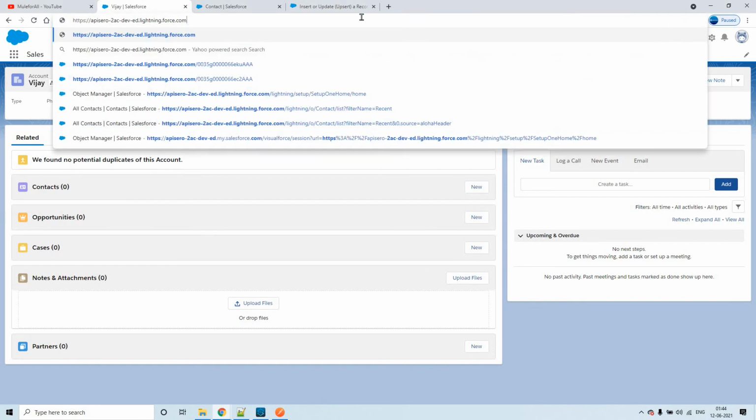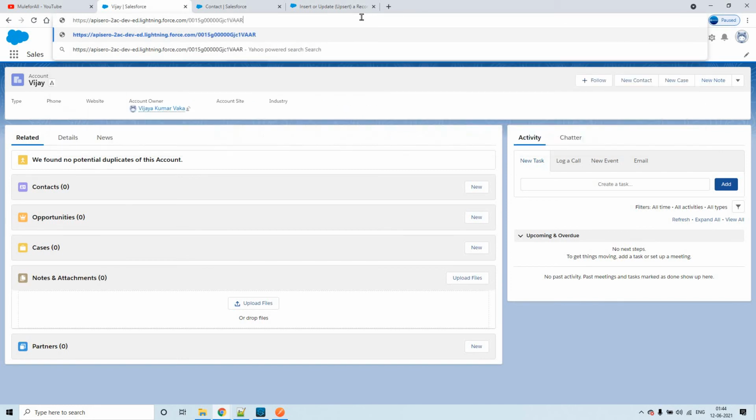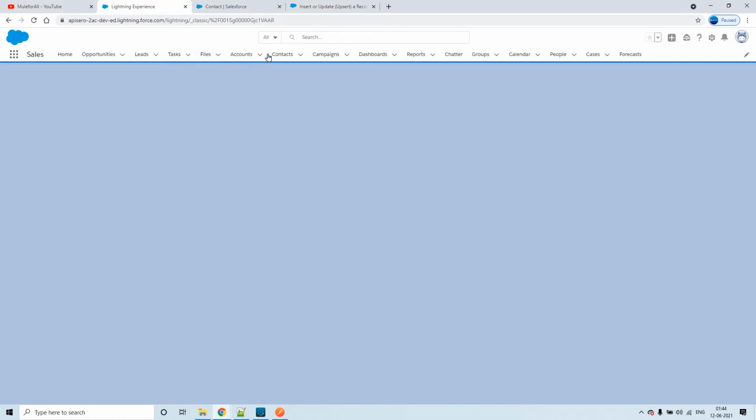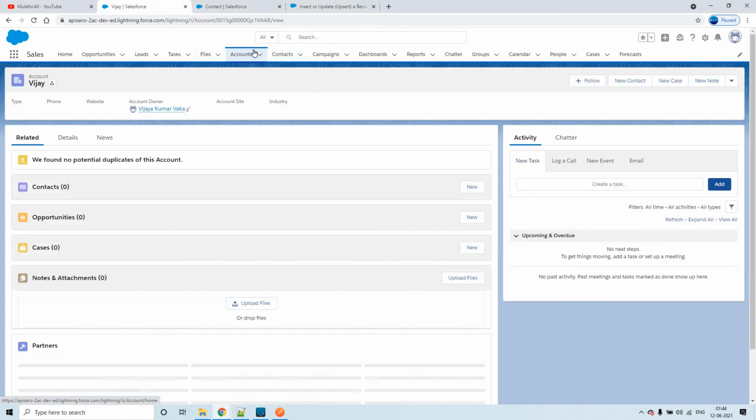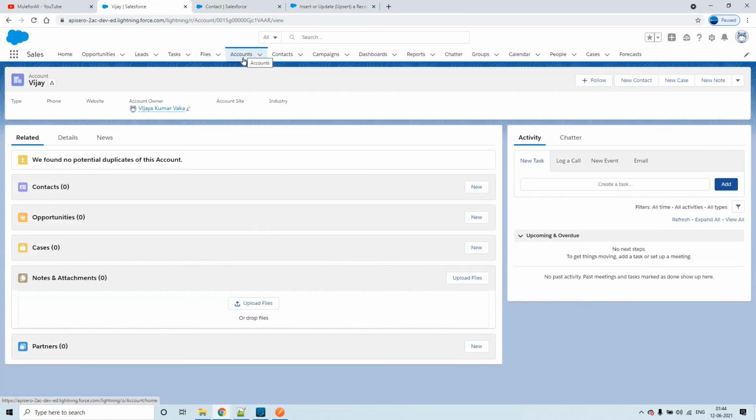So if I remove this, it's not like I'm entering this value within accounts but across. Now you see you will be automatically routed to the accounts object, right? That's my point: wherever you insert, in whatever object you create, it will have a unique record ID across the objects.